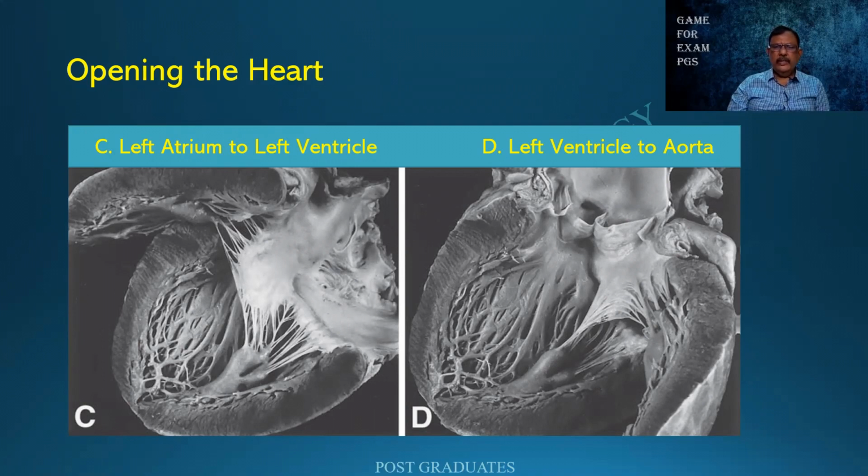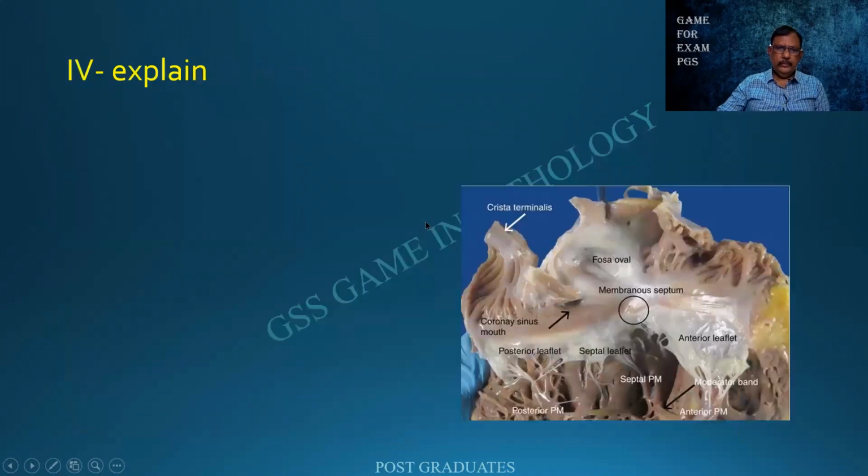The direction of flow of blood. And who said this? It is Rudolf Virchow, the father of pathology. And when we do all this, we'll be able to see multiple structures. As I mentioned earlier, there can be a fossa ovalis, which can be a remnant. There can be a membranous septum, which grows into a complete septum.